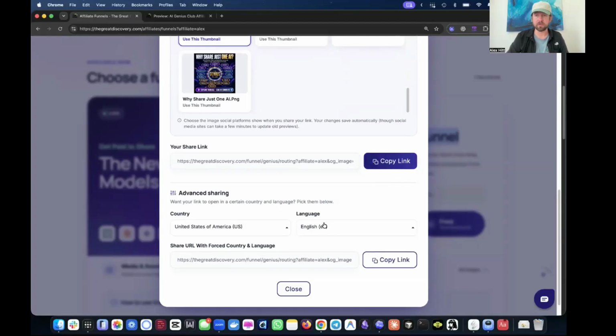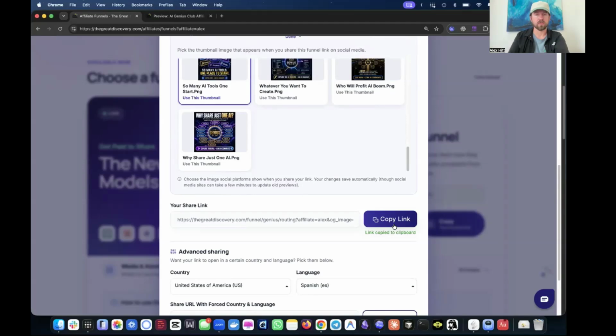Let's say you were promoting this to people who speak a different language. You could select, let's say, Spanish. And then what that will do is it will give a link to the exact same funnel, but just in a different language. For this example, I'm just going to copy the normal English link here,